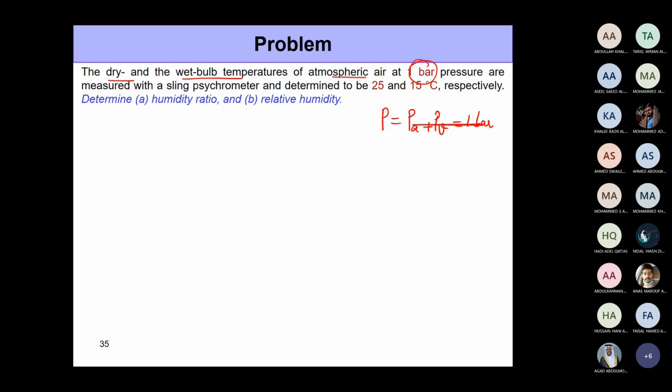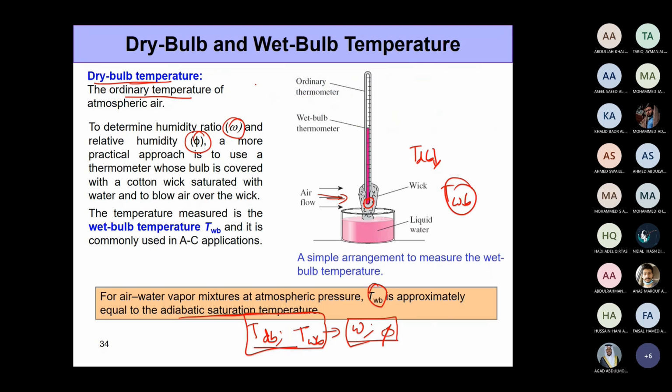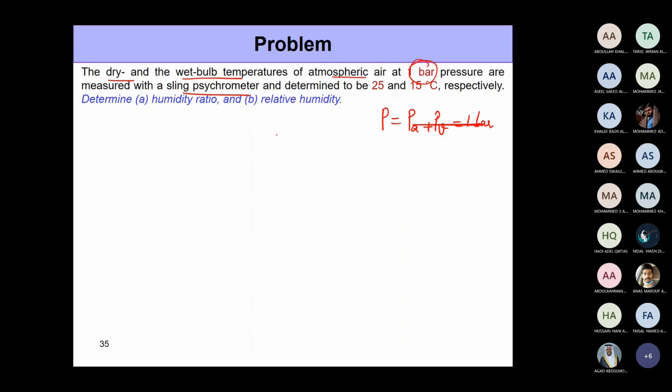And it says the dry bulb and the wet bulb temperatures are measured using a sling psychrometer. There are several devices for measuring these temperatures, right? The wet bulb and the dry bulb temperatures. And we're using a sling psychrometer for measuring them. You can Google it and see how this looks. It's a pretty small, handy, portable device. And it gives us the dry bulb temperature as 25 degrees Celsius and the wet bulb temperature as 15 degrees Celsius. Okay. Now using this information, we need to calculate humidity ratio, which is omega, and relative humidity,